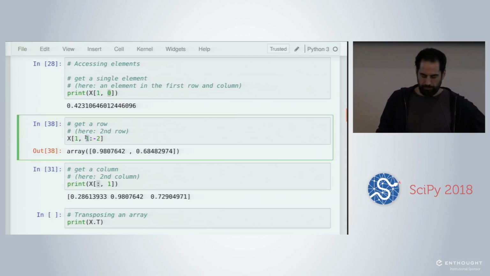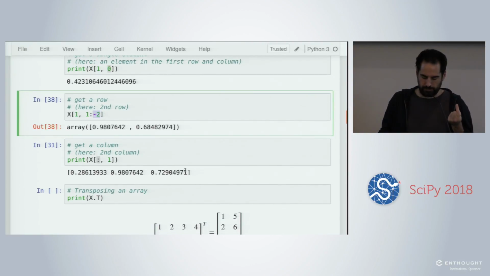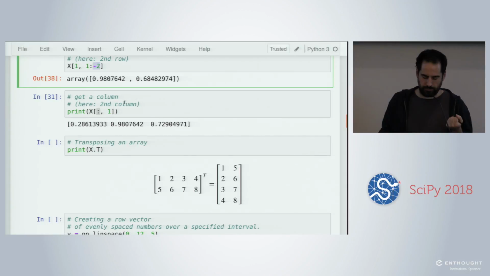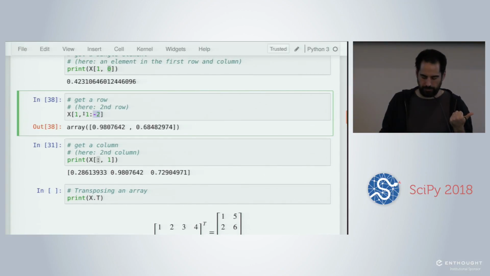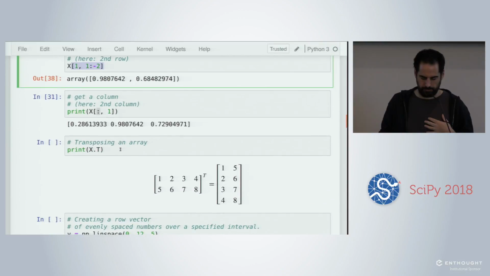So once we have an array, we can use this syntax to access a specific value. Because my array has 2 axes, I can access, using an integer index, the first row and the first column, and I will get the element at this location. I can check that 0.69 is this one.